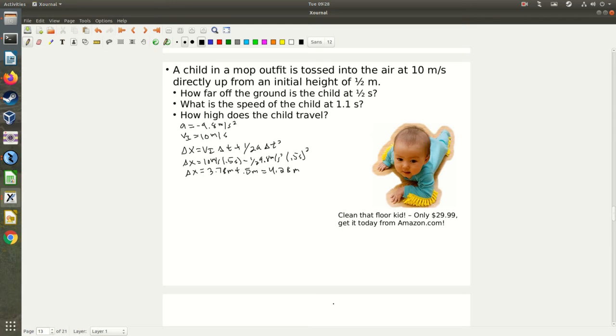I guess they threw the kid a little too hard. Well, let's pretend it's like Tom Brady or something, just throwing a child in the air, and I don't really know. You get the picture. Point is,